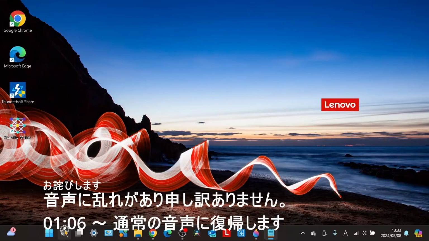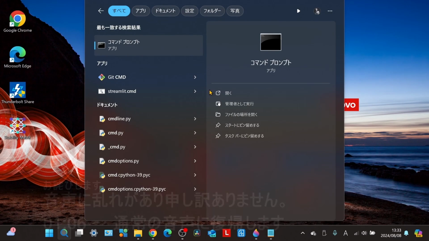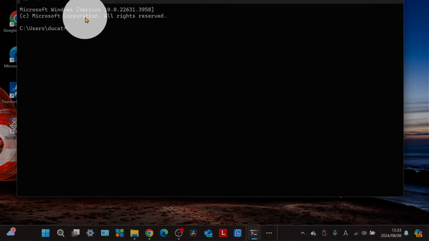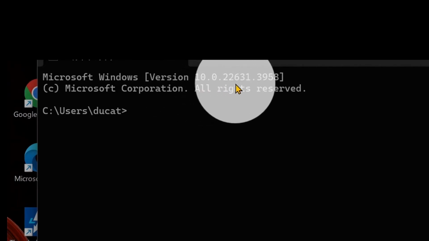If you enter cmd in this search box, the command prompt will appear. I will start this. Then the command prompt screen started up promptly. Looking at this closely, it clearly shows version 10.0.22